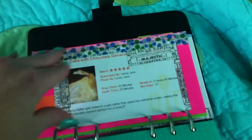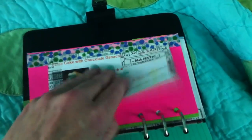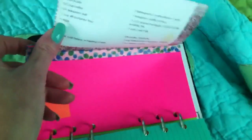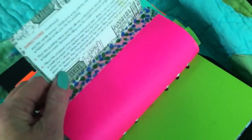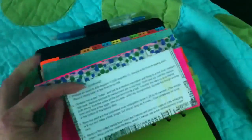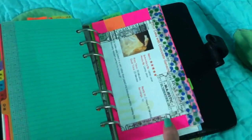And it's certainly easier with a shorter recipe. The eclair cake is a much longer recipe and took 4 sides. So I think it's a little cumbersome actually, but it certainly is an option for keeping recipes in a smaller sized Filofax. In my A5, they pretty much fit 1 or more on a page, and I used the